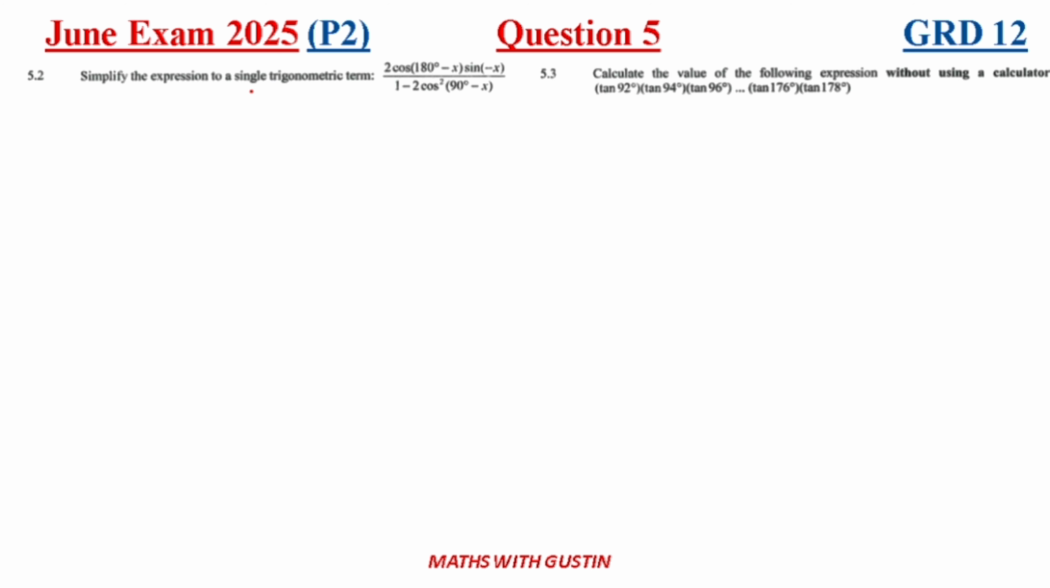5.2 says simplify the expression to a single trigonometry term. Right, good stuff. All right, simplify here. We're gonna have 2 cos 180,